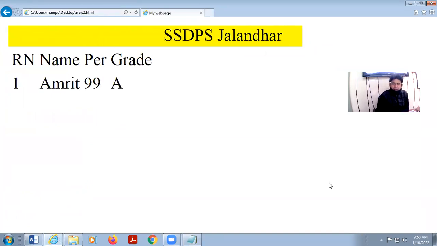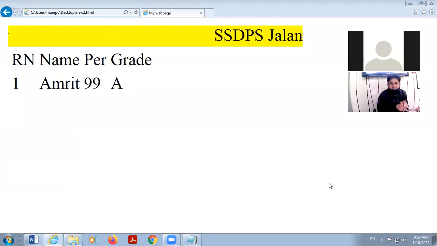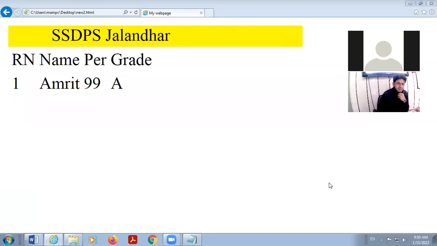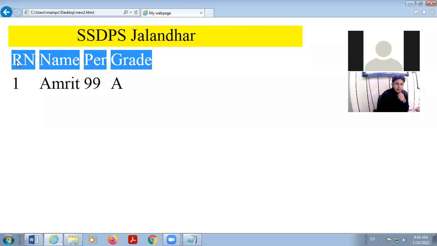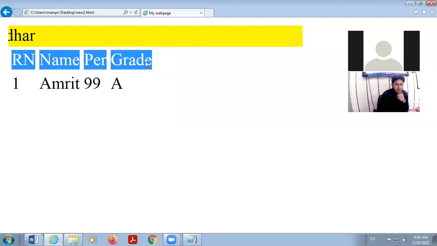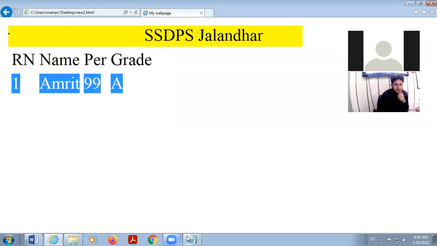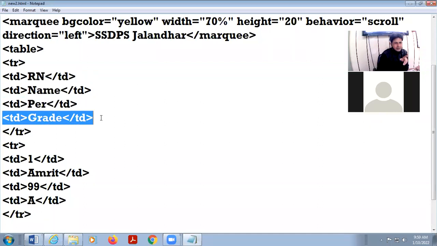Yes, Gunnoor. सर एक बार दोबारा बता दो TR क्यों लगेगा? बेटा ये TR स्टैंड फॉर टेबल रो. जितनी बार आपने रो स्टार्ट करनी है TR स्टार्ट करना है. जो रो कंप्लीट होगी TR को क्लोज कर देना. तो इसमें कितनी रोज है? फर्स्ट रो और सेकंड रो. तो थैंक यू सर. वेलकम बेटा. 2 टाइम आई स्टार्ट TR क्लोज. इसके बीच में डिफरेंट सेल्स विद द हेल्प ऑफ TD. फर्स्ट सेल, सेकंड सेल, थर्ड सेल, फोर्थ सेल, देन TR क्लोज. क्लियर बेटा गन्नूर?